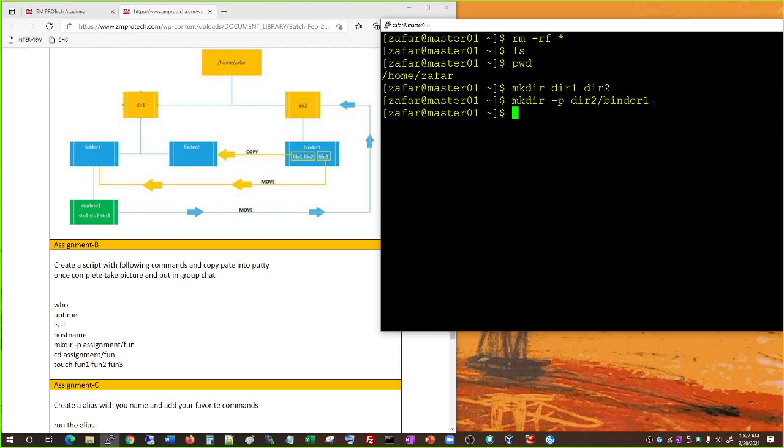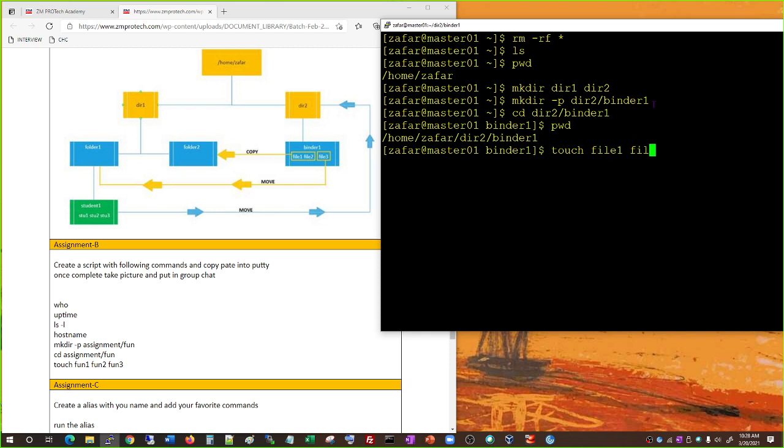Okay, and then you go in here and you do pwd. So here I'm going to create 3 files: touch file1 file2 file3, and hit enter. I do ls here and I have 3 files here. Okay,